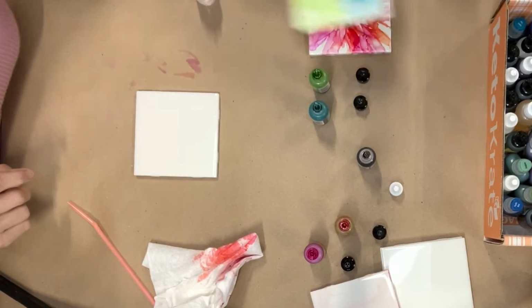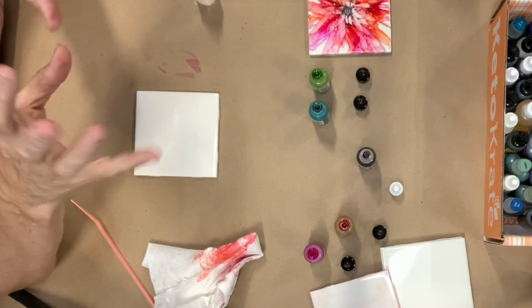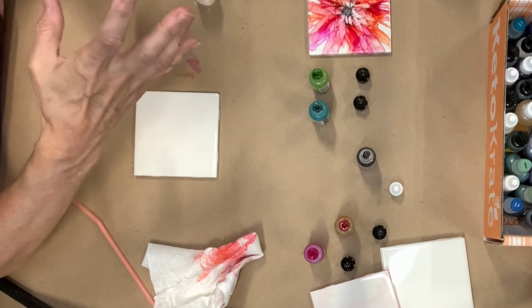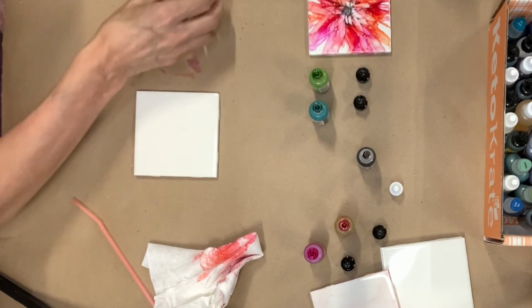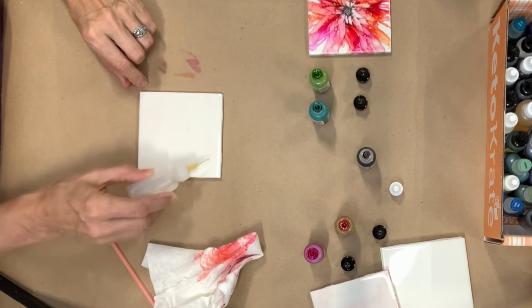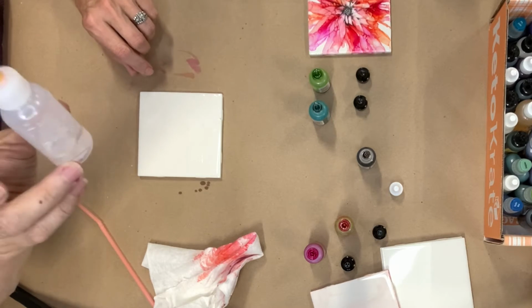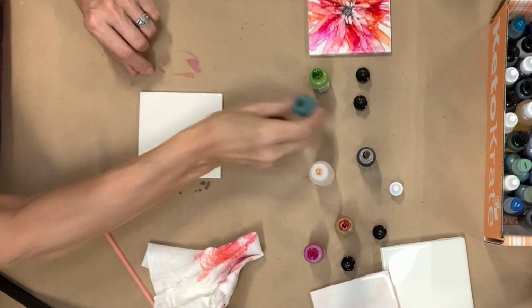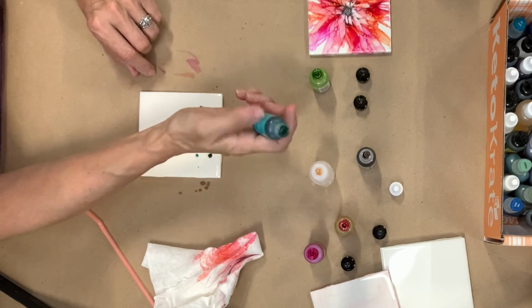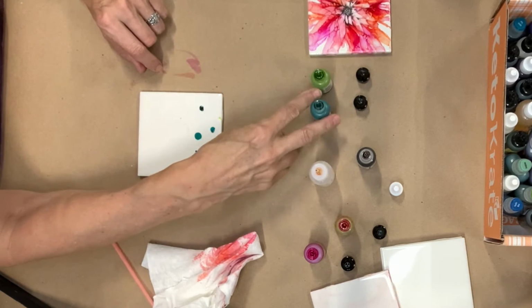Okay, let's start with the easiest one first. We're gonna do the blue and green. And again, for yours, you could do this interspersing with other colors and totally random, just blow them around, play with how they move. Great way to go. I'm just looking at showing you a couple of other things. So I have 99% isopropyl alcohol in this bottle, and I am just going to drop on, and this is a Pinata ink by Ranger. Sorry, this is a Ranger ink